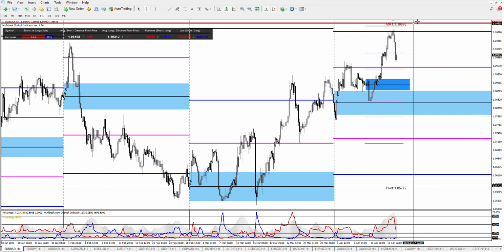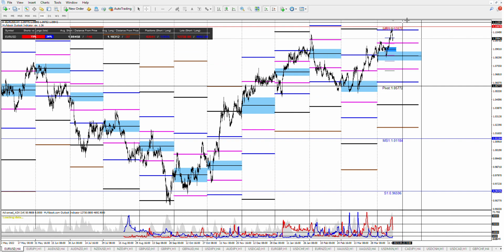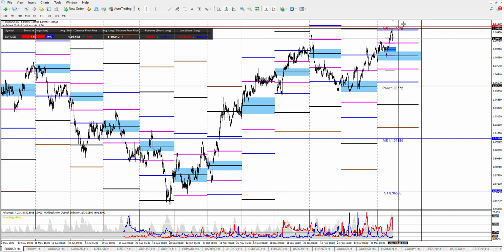But since we have a median R1 pivot, it's a very big probability that price will make it there next week. And that is where we are supposed to see some sort of a bigger reversal, a major reaction in this area of median R1 above the April roof. So what is my prediction? We will poke through the median R1. We will touch this level, it means we will break the roof, we will close above the roof,